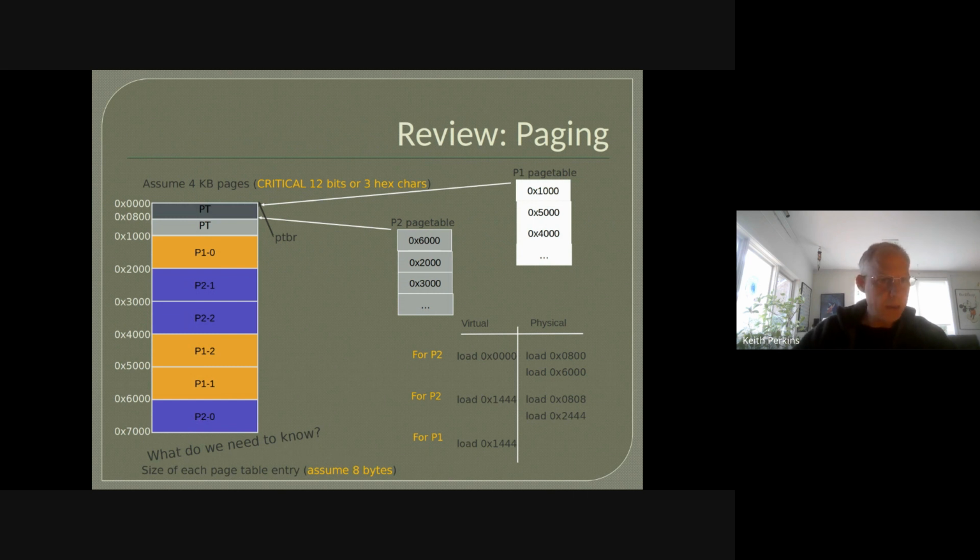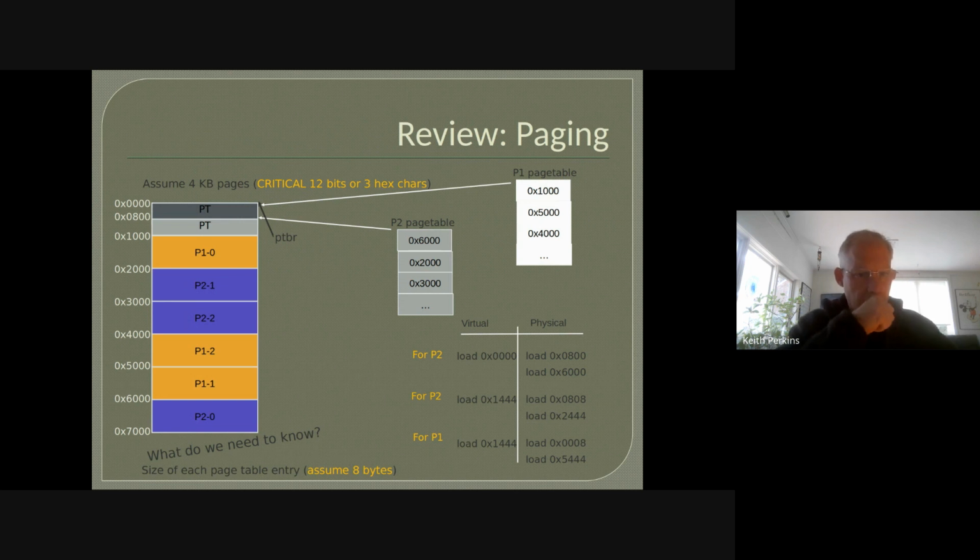So the page table base register is now pointing to memory address 0. So I go to memory address 0, and I add the size of one row to get to the second row in P1's page table. So I'm loading from 0008, and then I see that my virtual page 1 maps to a physical address of 0x5000. So I take 0x5000 and I add the offset of 444 to get the physical address of